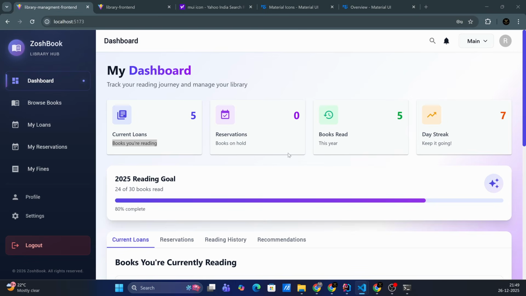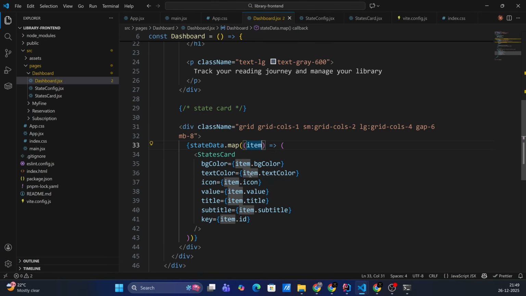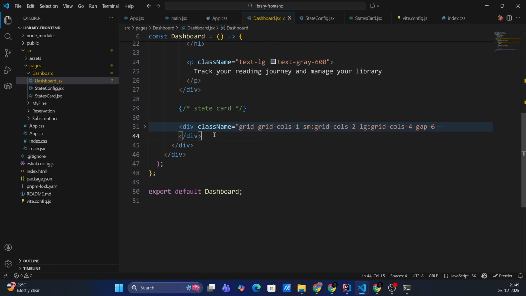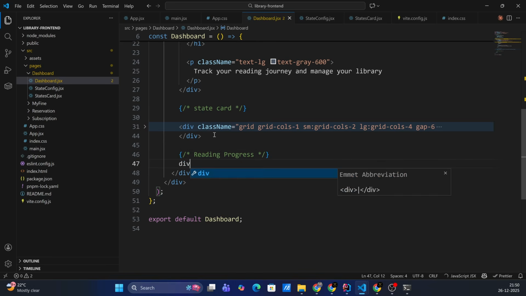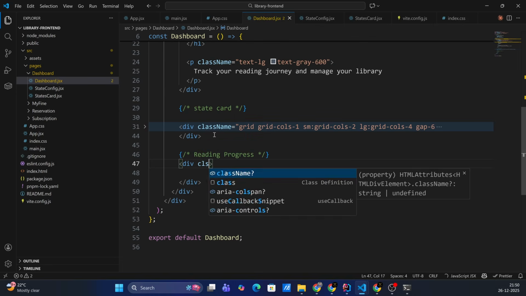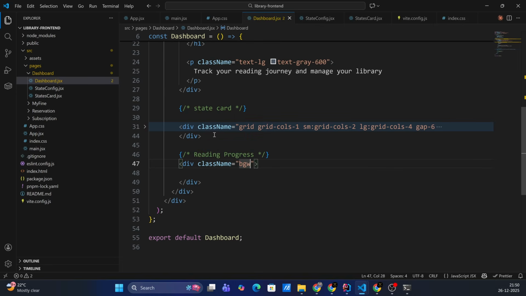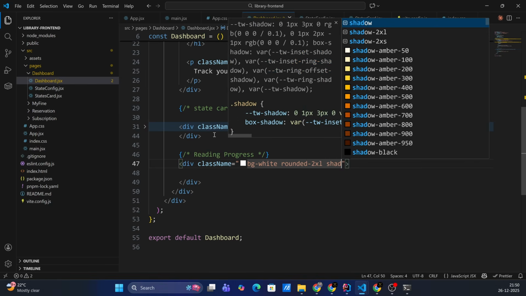Okay, let's go to here, minimize it, reading progress UI. Let's create one div, class name, background white, then rounded 2xl, shadow 2xl,